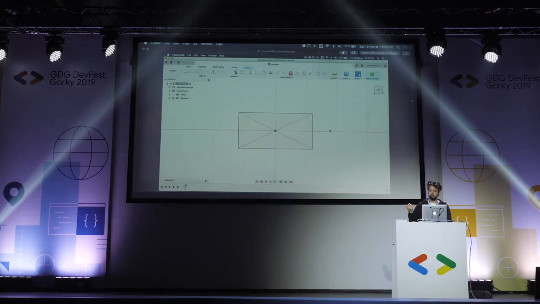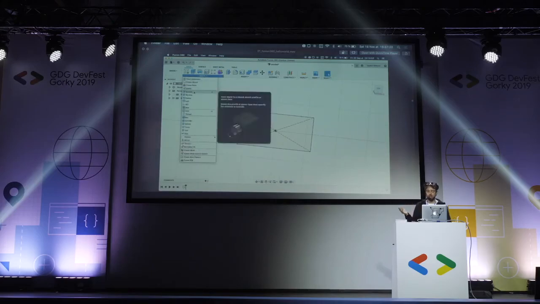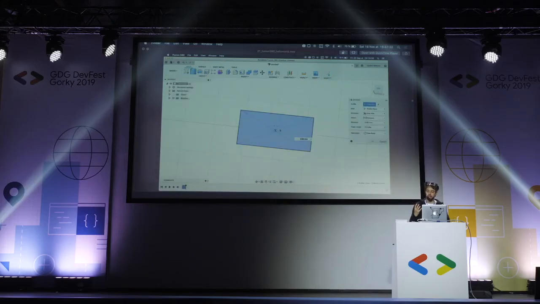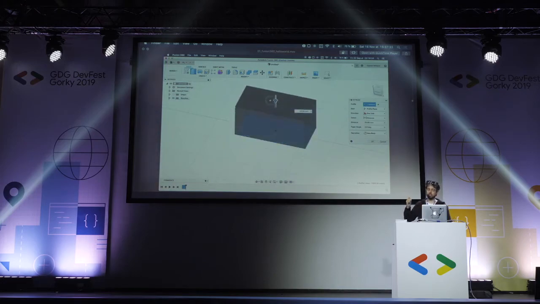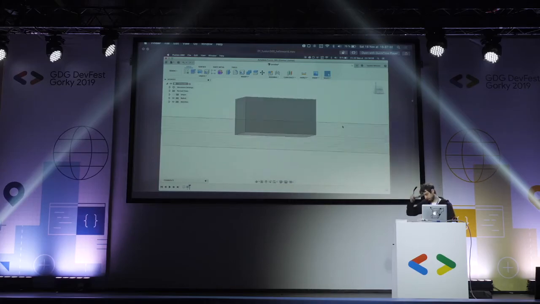What I can do with Fusion 360 is I will give it some 3D surface. And I like this tool because not only is it free, but it's very easy to create 3D models. So you just click on extrude, and then you swipe it to tell it, okay, it will be 6 centimeters in height. Okay. So first, you have to do that.